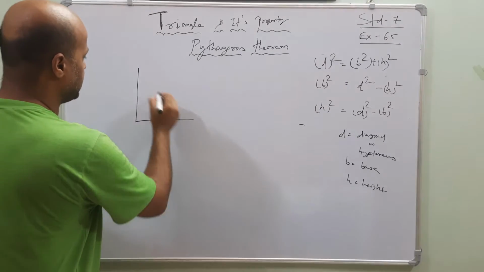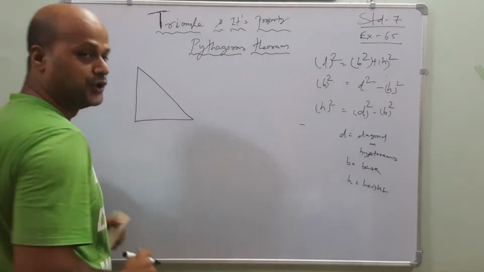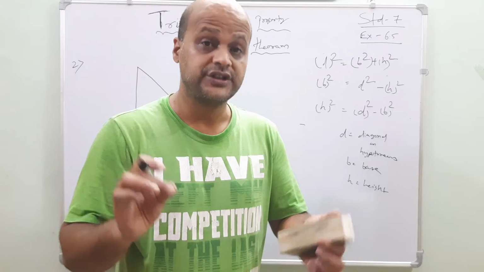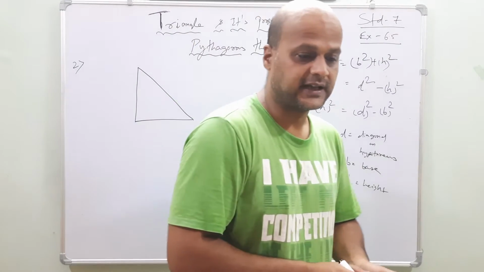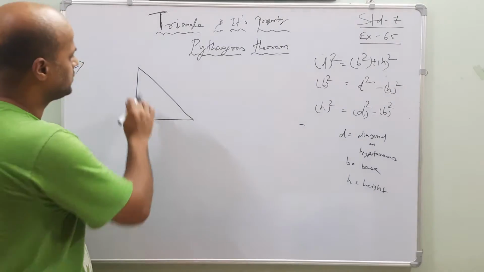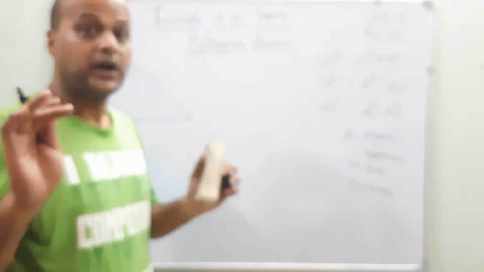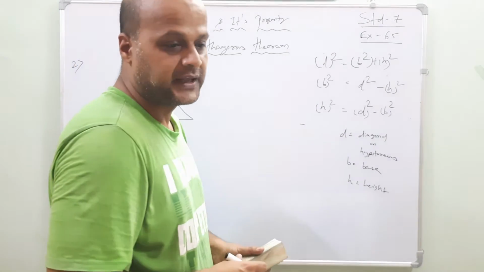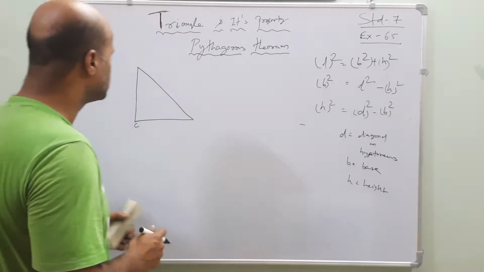ABC is a right angle triangle. But where is the 90-degree angle formed, at which point? At C. It says the right angle is formed at C. You can take A, B here, but first remember the values given. It says AB is equal to 25, AC is equal to 7.